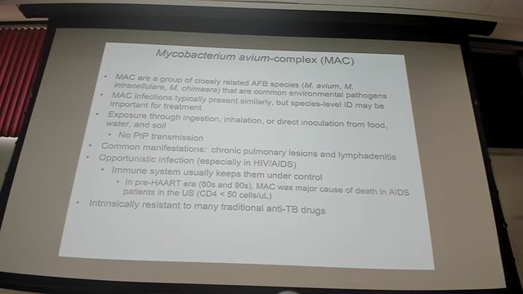Particularly at the height of the AIDS epidemic, before we started to get that under control, these MAC organisms were a bigger problem. Now we've reduced the number of cases that we see, much lowered incidence, thanks in part to HAART therapy. And now other causes of death have replaced it for AIDS patients. Some of these are intrinsically resistant to some of those anti-TB drugs. But otherwise, the main thing to know about the MAC complex organisms is that they're associated with immunocompromised patients, particularly HIV patients, and they're opportunistic.